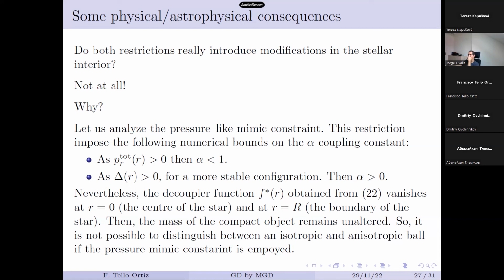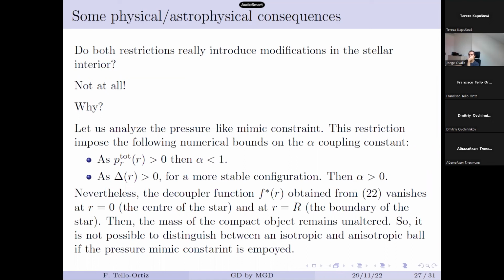So if you take into account this condition for the pressure-like mimic constraint, then alpha should be positive. It means that alpha is restricted to be between 0 and 1. This is the first consequence, okay? You have a natural upper and lower bound on alpha if you are using the pressure-like mimic constraint. But the problem in using this mimic constraint,